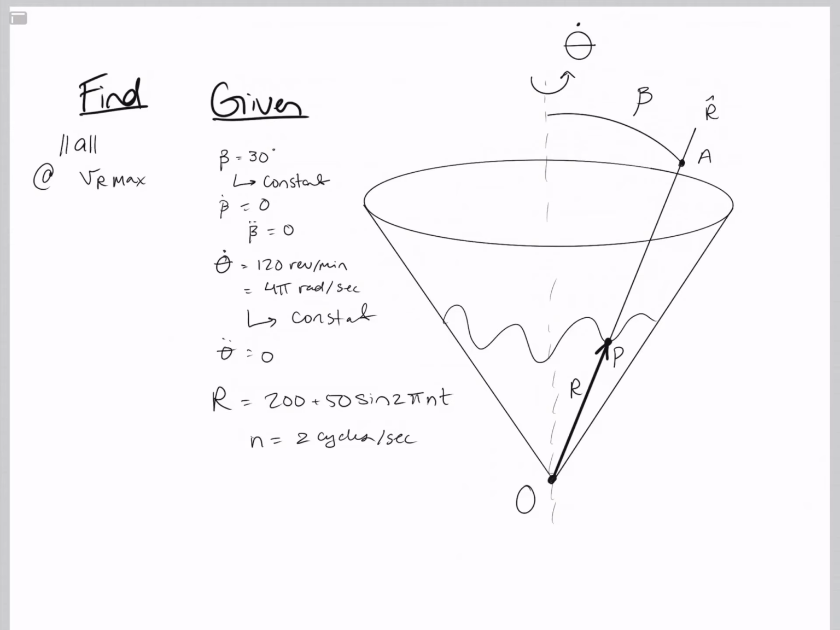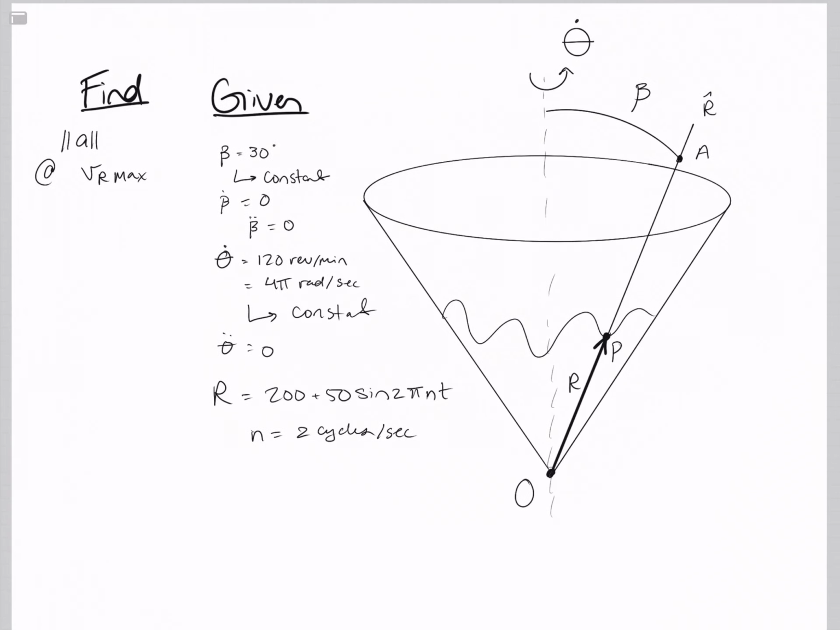We're finally not looking at an airplane in this problem. We're looking at something similar to a margarita glass, and we're following this point P as it goes in a circle around the glass, and the length that P is along R is given in this nice equation here, and we're given information about this angle beta and this angle theta. We are to find the magnitude of the acceleration at point P at the time where the velocity along this